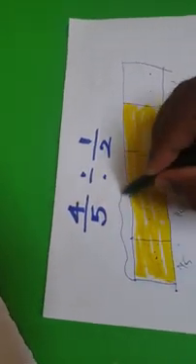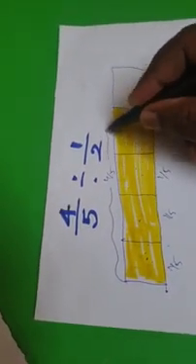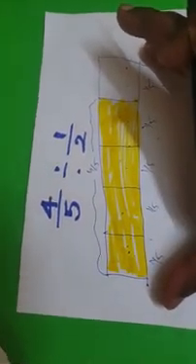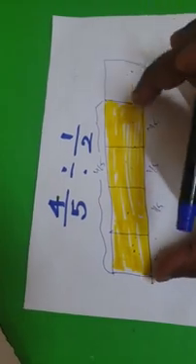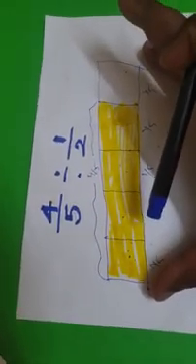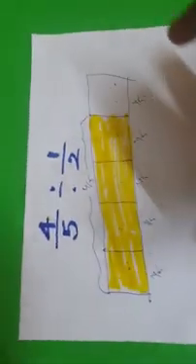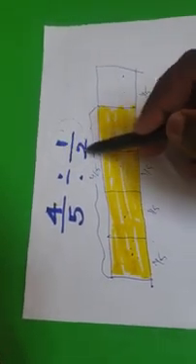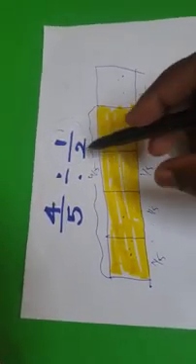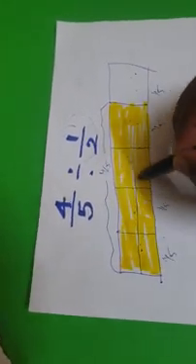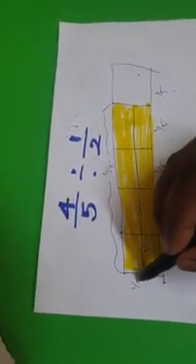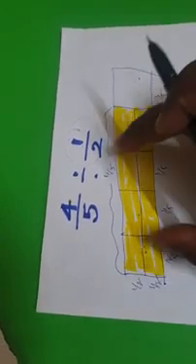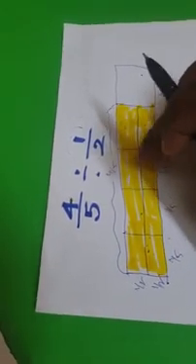So now you know that this part will be 4 by 5. Total parts will be 5, and I am taking 4 out of them, which is 4 by 5. Now further, the 4 parts are divided into half, so we are given 1 by 2. The 4 parts are divided into half, 1 by 2, 1 by 2, because we are not supposed to take this; out of the 4 parts only we take the division into 1 by 2.